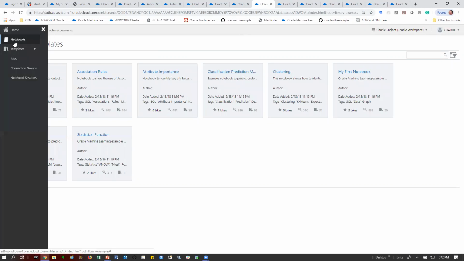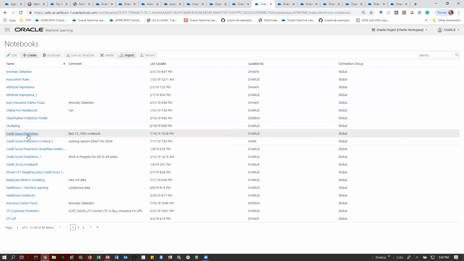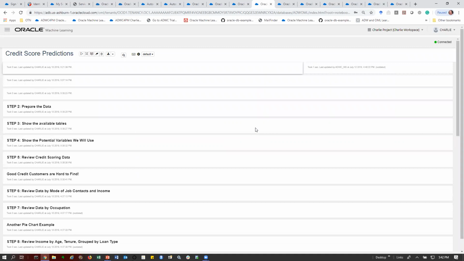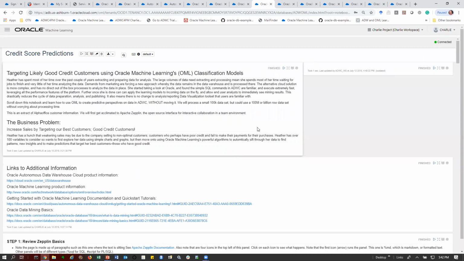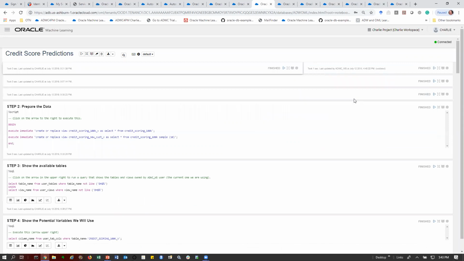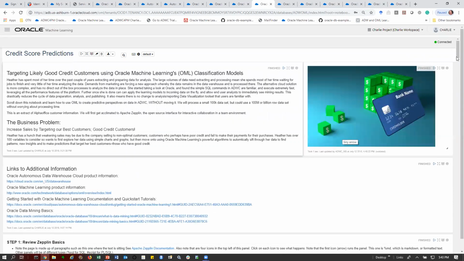I'm going to go back to the notebook that I already have over here, and I'm going to call up a notebook that I've been working on that's very straightforward. It's part of a hands-on lab or workshop that's out there on the internet that you can try out and use on your own. There's a lot going on here, so I'm going to go through it fairly quickly, but we have the ability to run paragraphs. Each paragraph that you run is either going to be markdown language or SQL or scripts. In the future, we'll add support for other languages such as R and Python, but right now this is